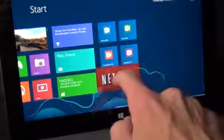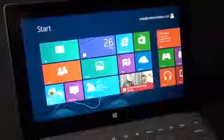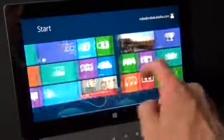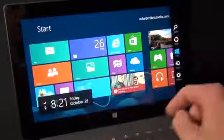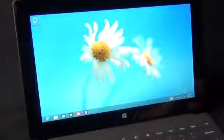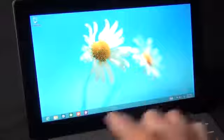You can also move these tiles around and reposition them as you want, and you can also pinch in and out to zoom your entire view. So for example, as you start adding more and more content, you're going to see a larger and larger view. The Surface also comes pre-installed with a preview edition of Microsoft Office 2013, which has yet to